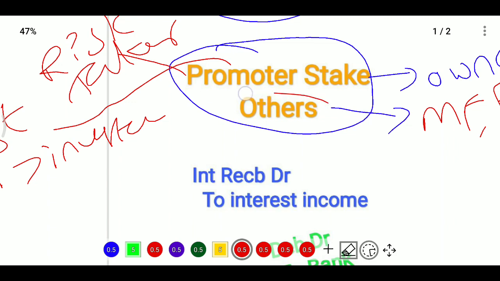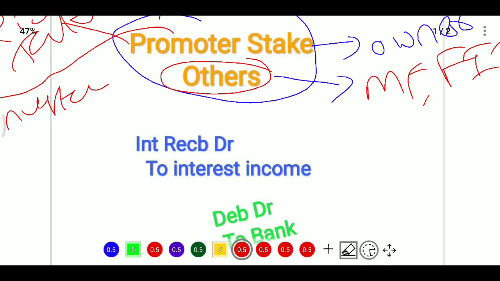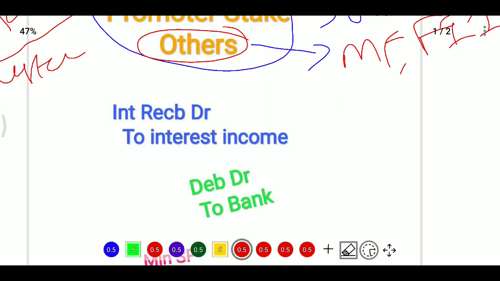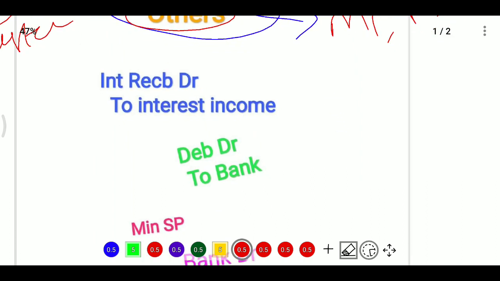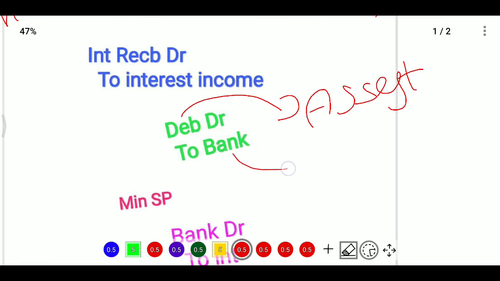Now for example, a company is purchasing debentures. When purchasing debentures, you need to account for interest receivable or interest accrued, and when you are selling you need to recognize it. If you are buying the debenture, what will the entry be? Debit what comes in, credit what goes out. Cash is going out of the bank. On the debit side is the asset. A debenture is an asset, because you are investing in it. So the first entry is investment in debenture account, debit to bank account.